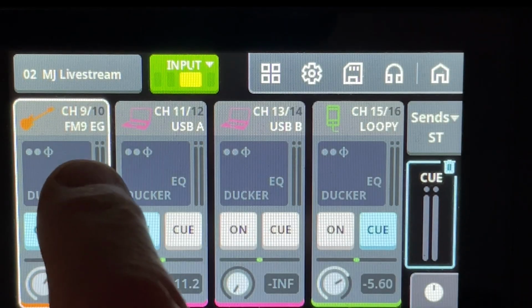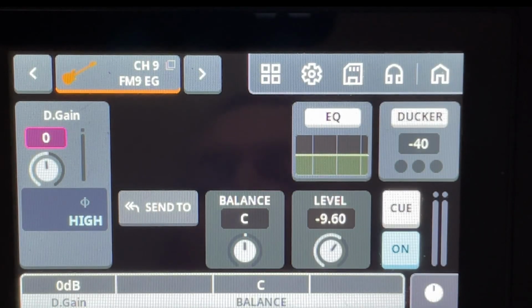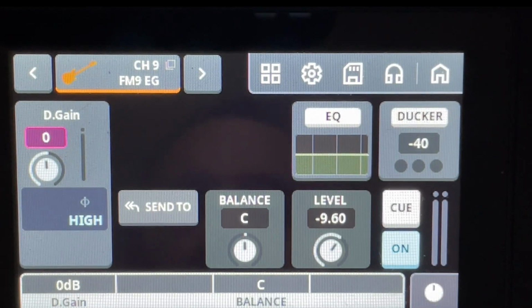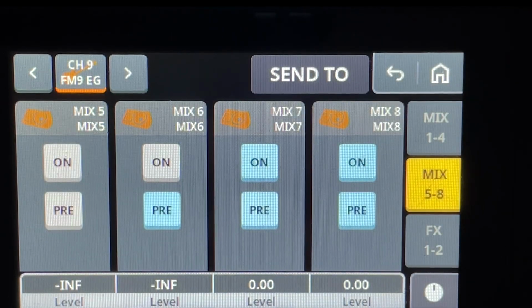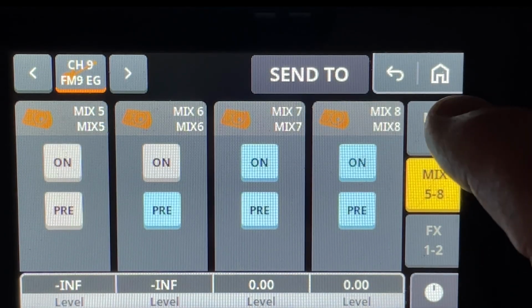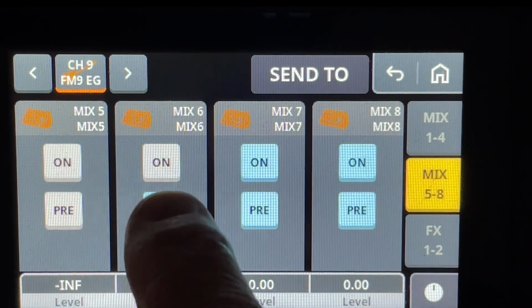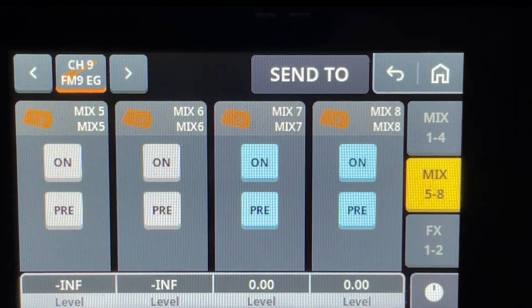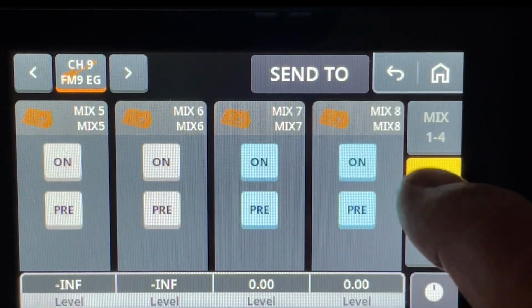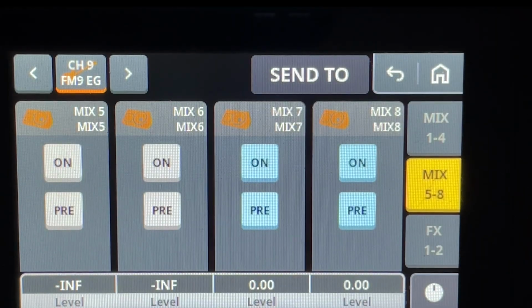So if I click on channel 9 and 10, which is my Fractal FM9 guitar modeler, we can click on send to, and then on the first 4 mixes I'm not using 6 either, but 7 and 8 I am using to send it to the USB sub. So we want to make sure you turn those on and put it on pre-fader so it goes there